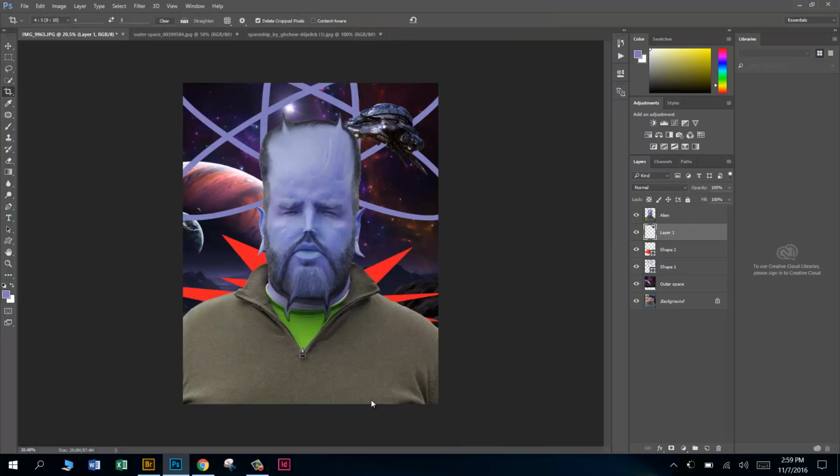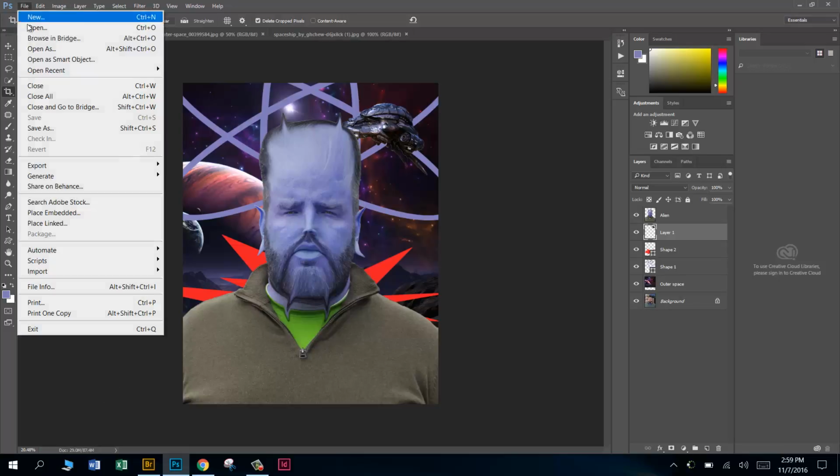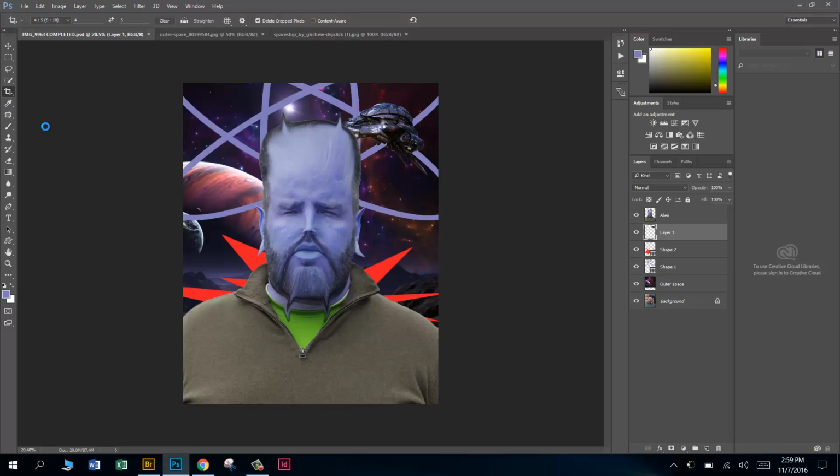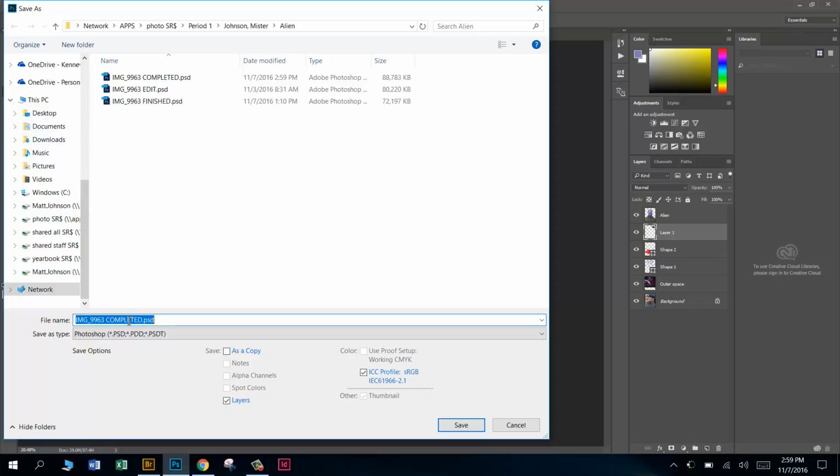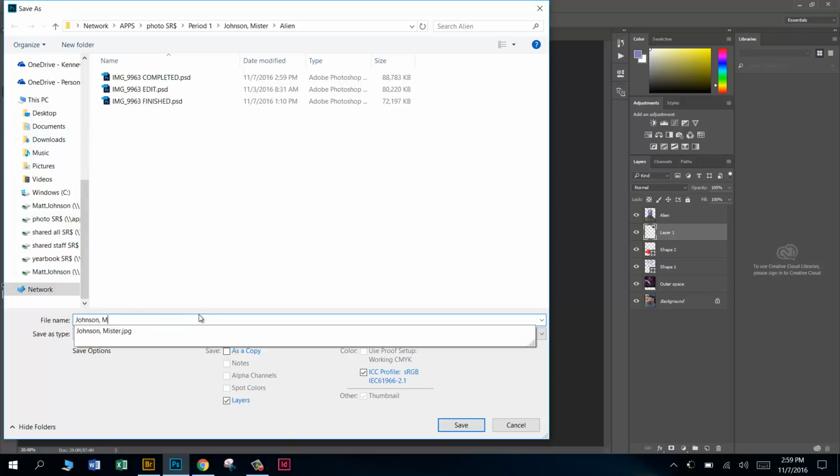Go ahead and press save, and you'll see this blue bar down here at the bottom. You can't really do anything until that blue bar is done, so we have to wait for that to finish. And there you go, it's done. So now I'll go to File, Save As, and this time to turn this file in, we need to save it as last name, comma, first name,